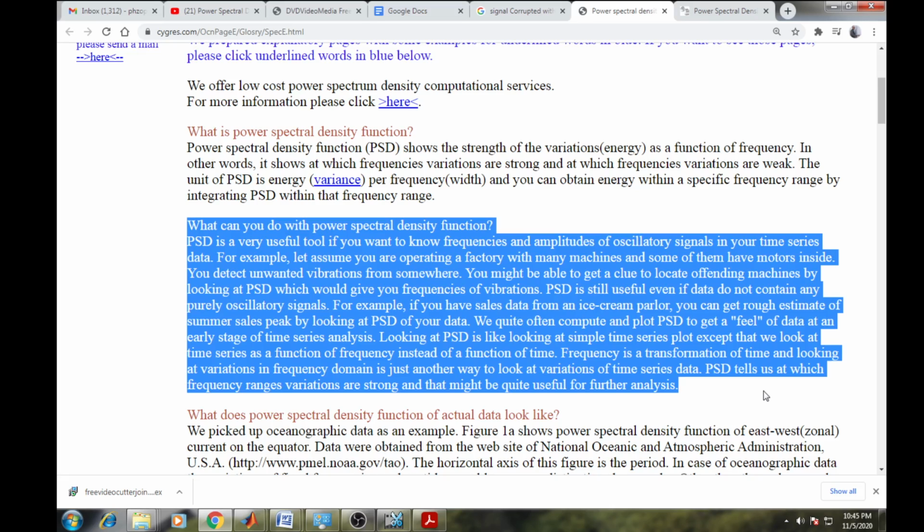PSD is a very useful tool if you want to know the frequencies and amplitudes of an oscillatory signal in your time series data. That is why the PSD tool is necessary. An example: let us assume you are operating a factory with many machines, and some of them have a motor inside.